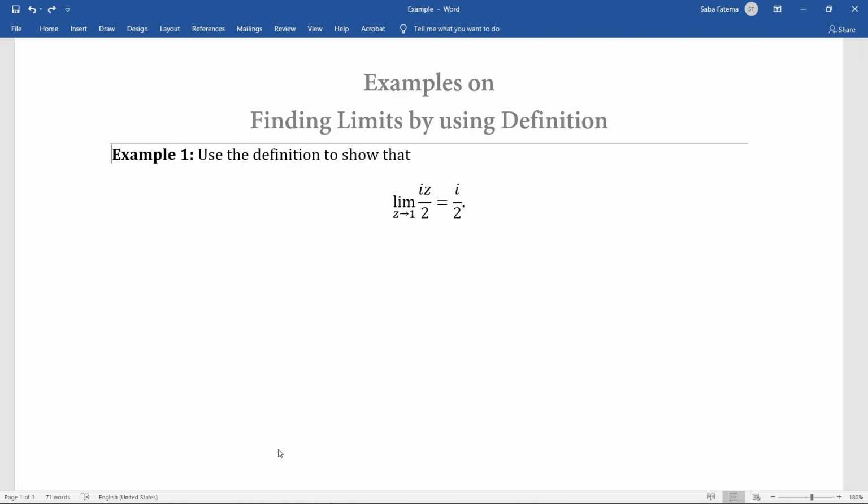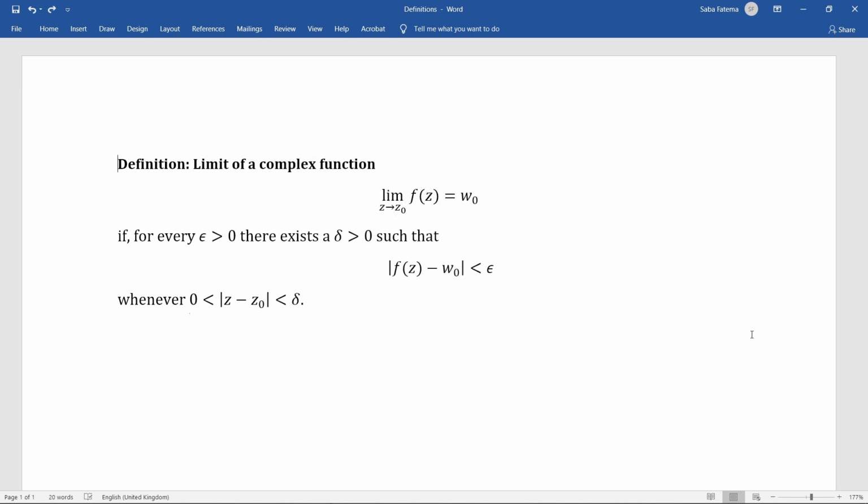In this example, we are going to apply the definition of limit to show that the limit of the function iz over 2 is equal to i over 2 as z approaches 1. We recall that from the definition we see that